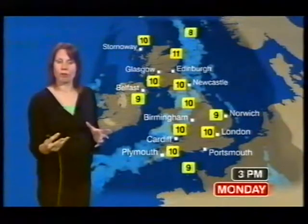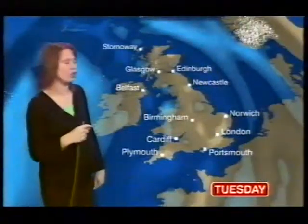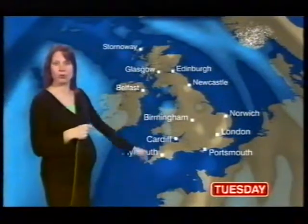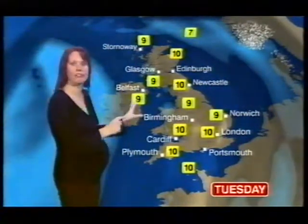Now that weather front moves out of the way quite quickly, and then overnight we're looking at a more significant amount of rain falling, a more active weather system sweeping across the whole of the United Kingdom. So by the time we get towards Tuesday, perhaps a little bit of rain first thing for eastern counties of England and also for Scotland. But then we get in towards some brighter weather with some showers. Now most of the showers will be concentrated for western areas where they could be fairly heavy. There will be fewer and further between, but on quite a strong wind they will get to more eastern areas,